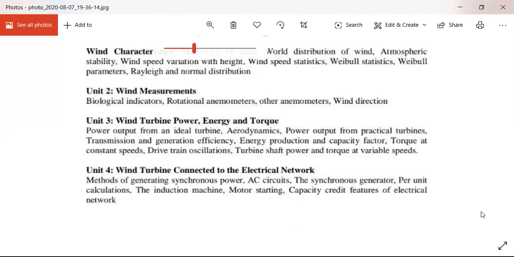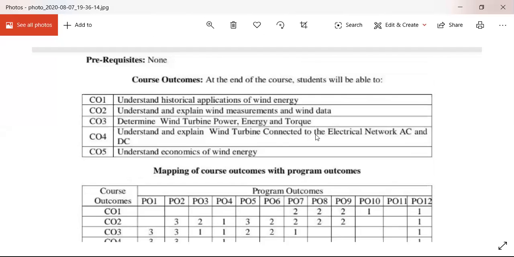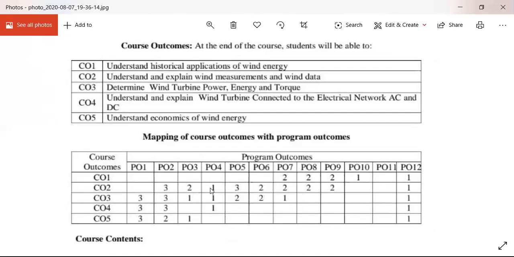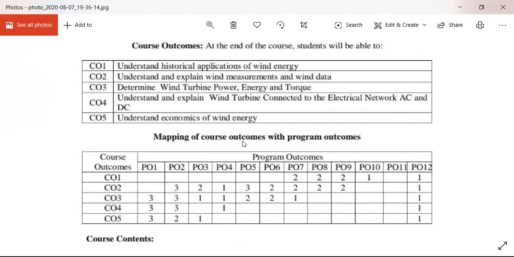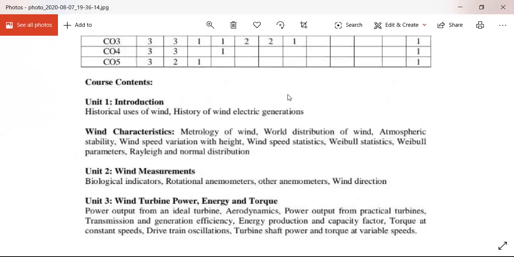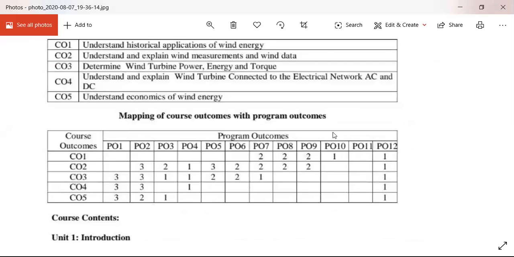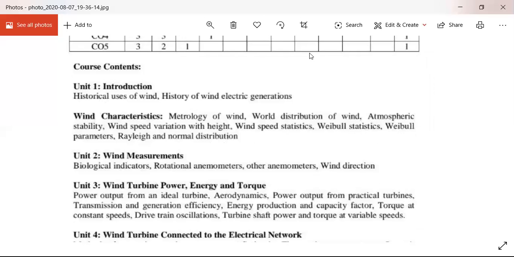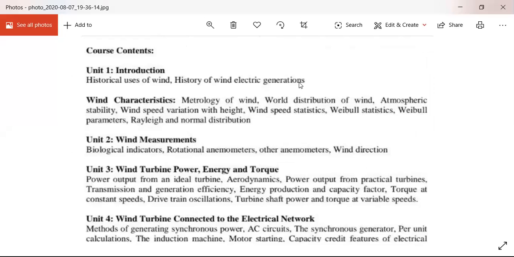Okay, so this is our first lecture on wind energy. So basically, today we are going to discuss the syllabus of your subject. This is your subject syllabus. This is the audit course type syllabus. This subject is an audit course subject, which doesn't have any external or internal examination, any oral or practical examination. We just have to learn this course for your audit points.